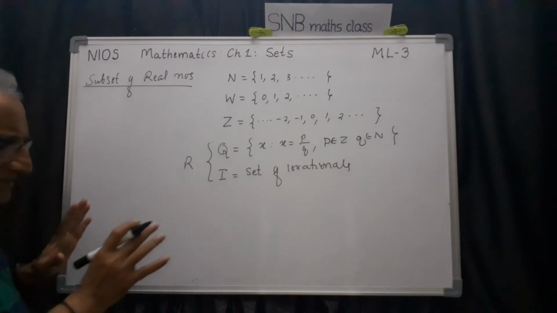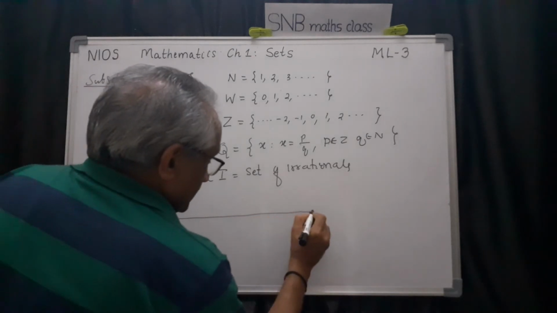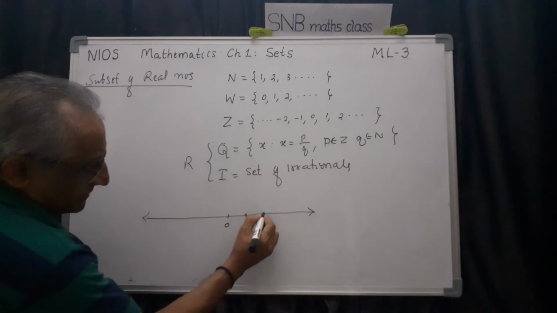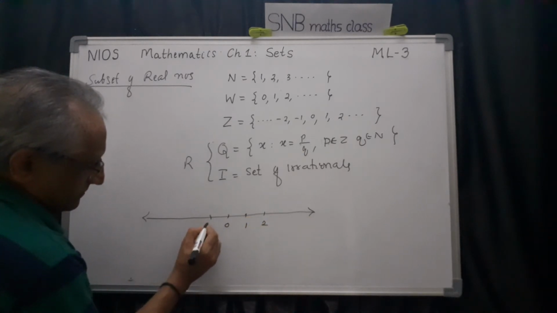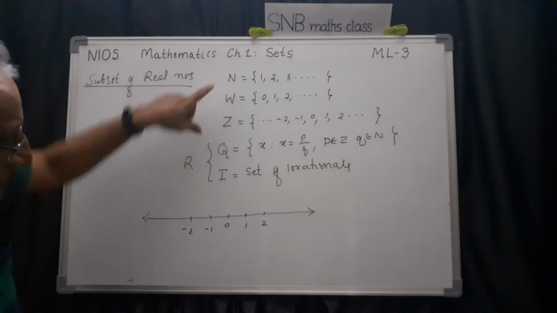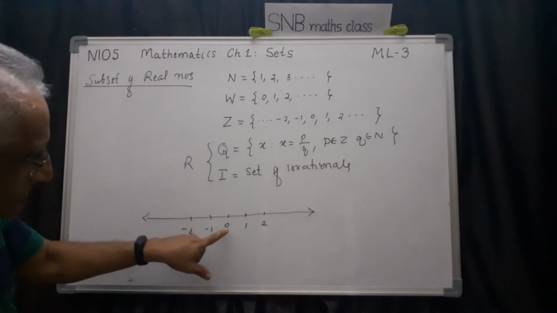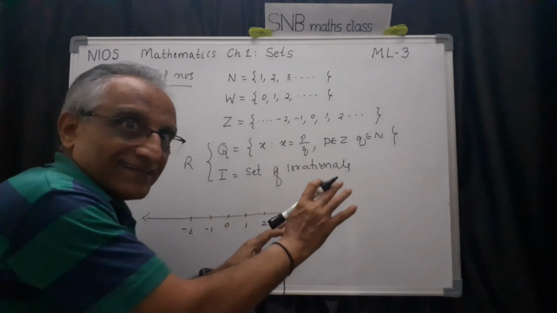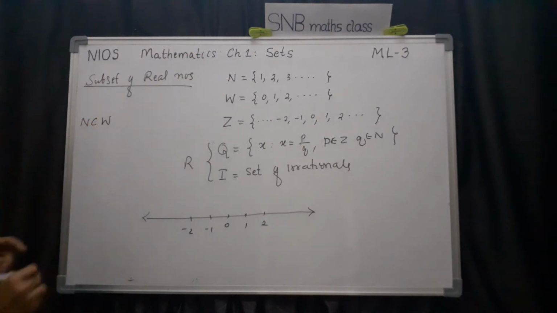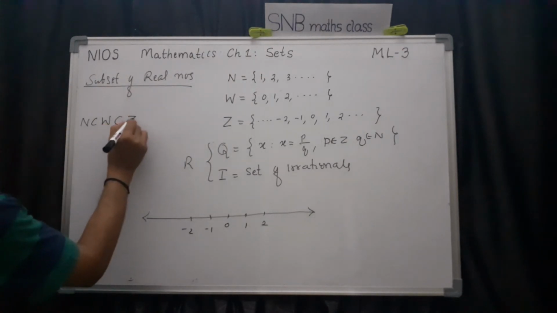So what do you mean by that? Let me just explain what are the things you have studied already. If you take, for example, this number line, this is one number line. So you can indicate 0, then 1, then 2, etc. This side, same thing, -1, -2, etc. Now, if you want to represent natural numbers, it is from here, 1, 2, 3. So next, W means whole numbers, 0, 1, 2, 3. Only those points you are taking. Clearly, N is a subset of W because all the elements here are here also. And it is a subset of Z.